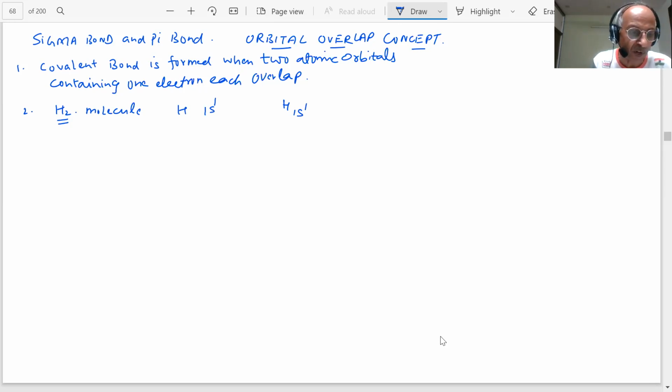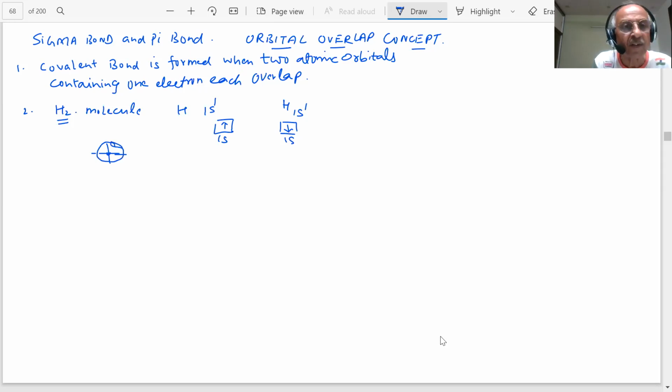What we are trying to show, students, is that this is my 1s orbital, this is an electron in the 1s orbital, and this is also an electron, but the spin is opposite. You can see these are of opposite spin, students. These two electrons are of opposite spin of the two atoms of hydrogen. The atomic orbital of 1s is spherically symmetric. You are aware of this, students. The shape of the 1s orbital you have seen in the book. This is the nucleus and this is spherically symmetric for this hydrogen.